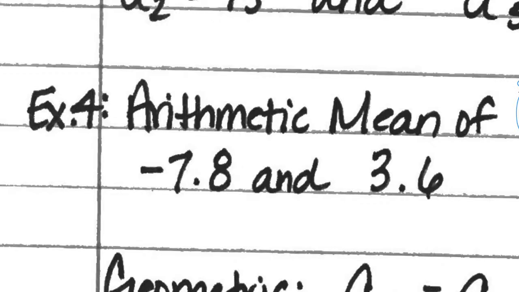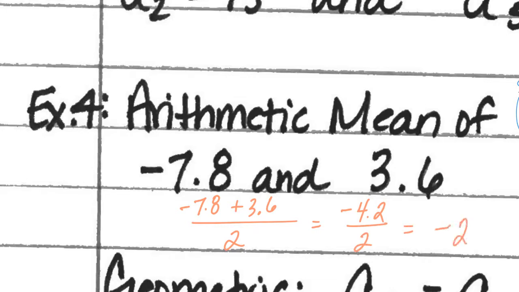All right, I'm going to throw a couple little concepts in here. The arithmetic mean, most of you guys know how to do this. Arithmetic mean just is finding the mean of two numbers. So you're literally just going to take these two numbers, add them, and divide by 2. When I add these, I get negative 4.2, and if I divide that by 2, the arithmetic mean is negative